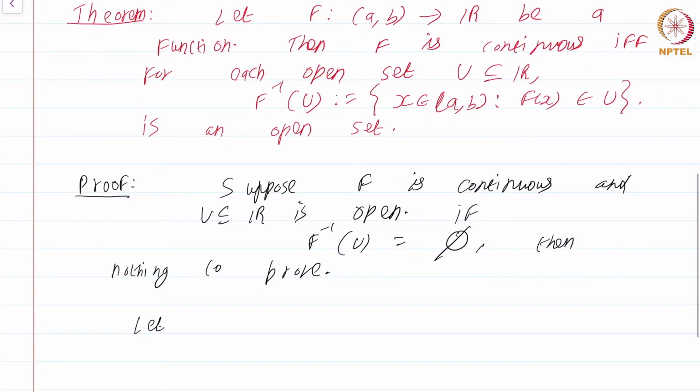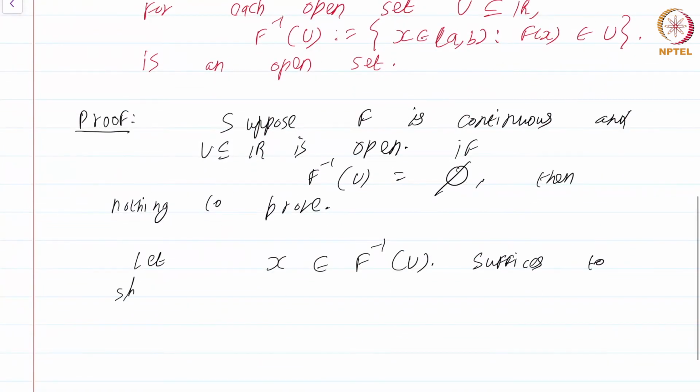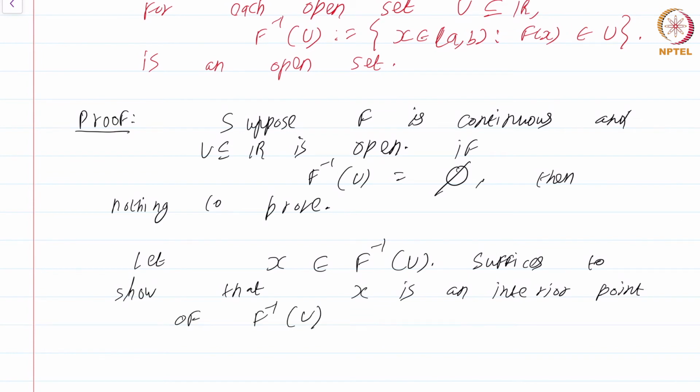Let x be an element of f inverse U. We are assuming now that f inverse U is a non-empty set. Suffices to show that x is an interior point of f inverse U. Right? That's the definition of an open set. Every point is an interior point. Okay. Now what we do is, by the previous proposition,